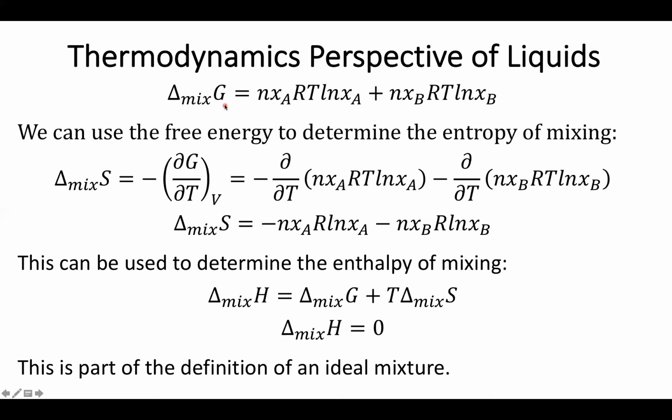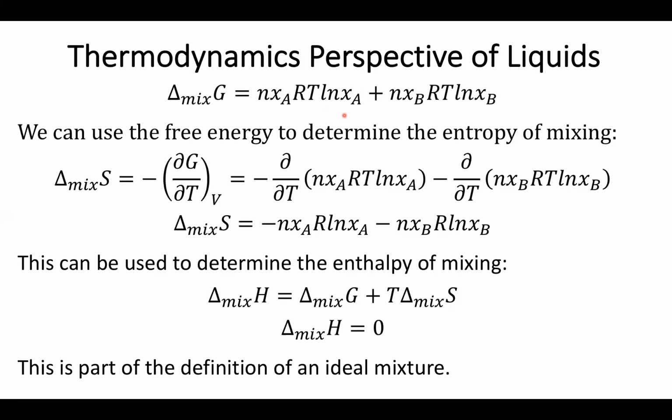And again, this makes sense because if I had a non-zero enthalpy of mixing, we'd expect a term out here that showed no temperature dependence, again indicating an enthalpy term. So we actually now have 3 simple equations that do a pretty good job of describing an ideal mixture,